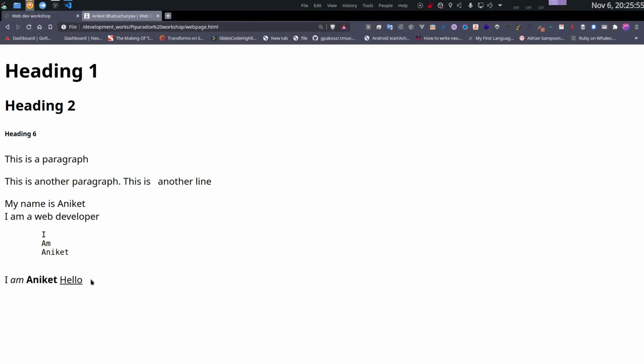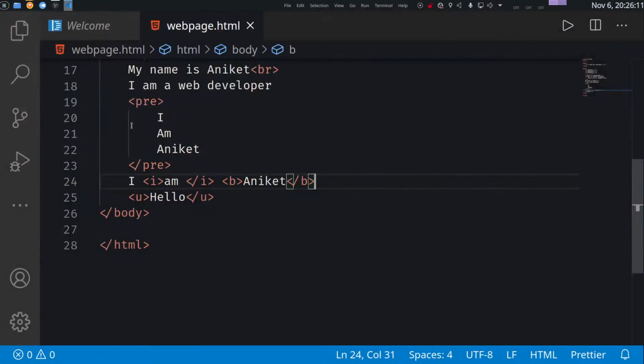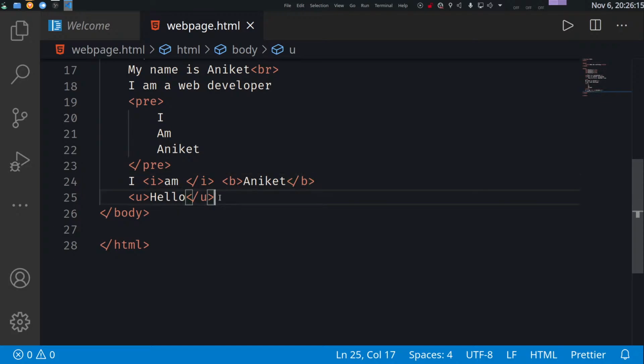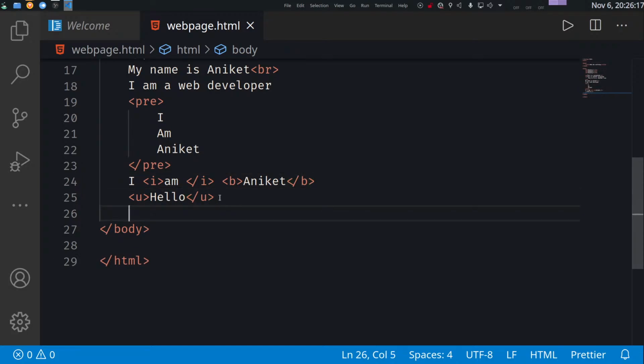Alright. Now here's the thing that I would like to mention at this point. Generally, if you have learned web development in school or college, you have learned B and I, but these are not encouraged. By the standards, you are discouraged from using the I and B tags. You are instead encouraged to use EM and strong tags. For example, use the EM tag